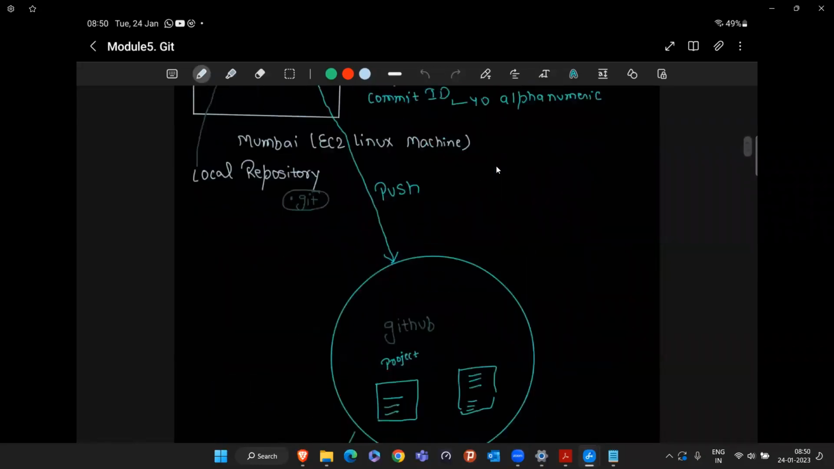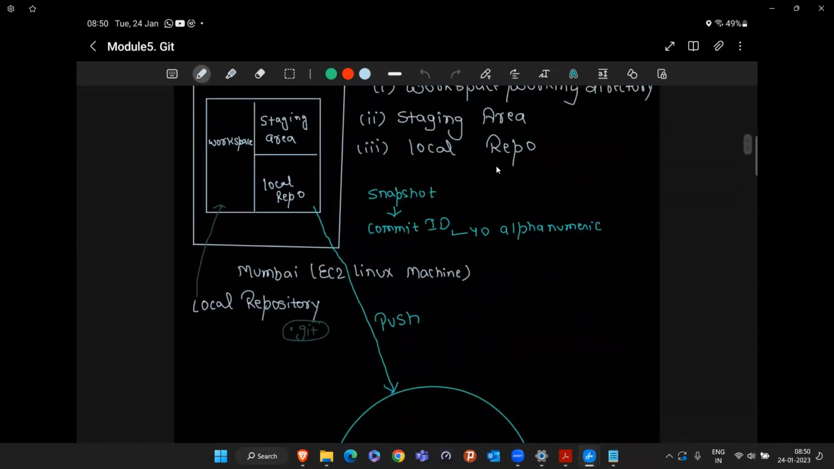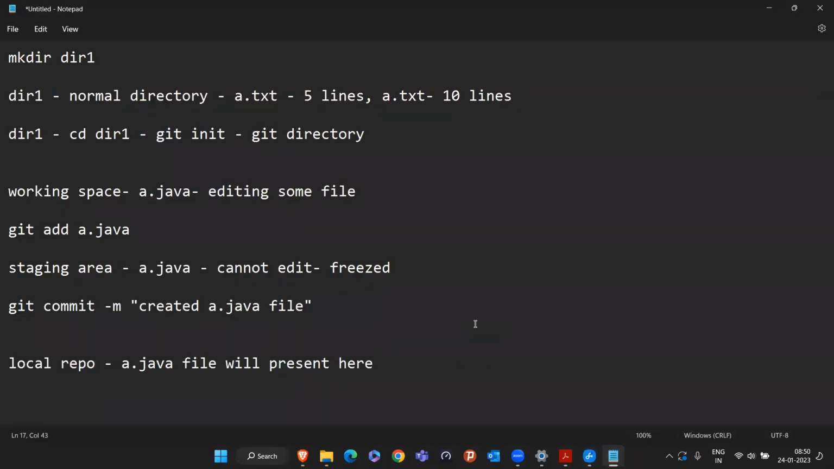And the next day, again, this Mumbai employee will be doing the pull operation. And again, this updated code will be saved in the working space, and this cycle continues. This is known as Git. See, in this cycle, what are the commands which are important? If you try to understand,